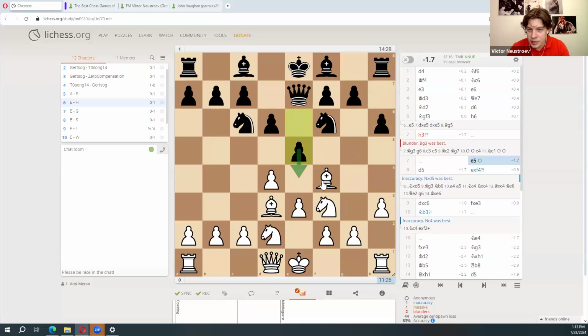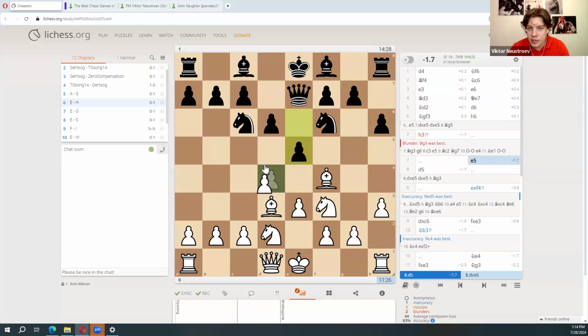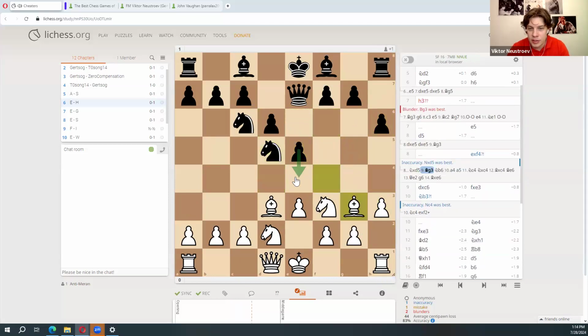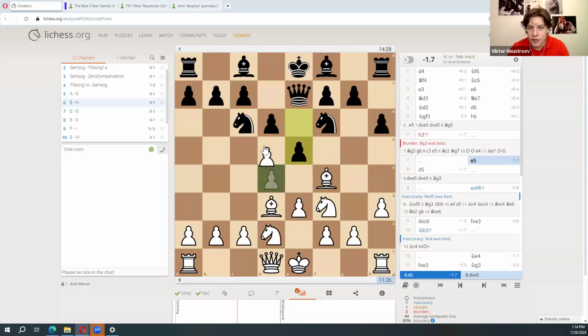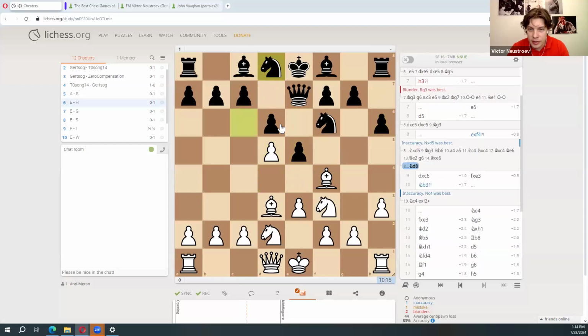Because e4 is coming. So if the bishop moves or d takes, the bishop moves, then e4, and they lose a piece. So that's why white decides to sacrifice a pawn. For example, knight takes, the bishop retreats, and e4 is not playable. If, well, of course, it's possible just to move this knight back